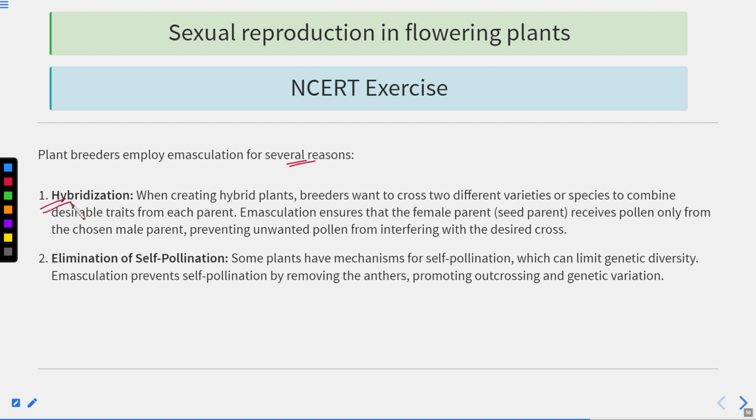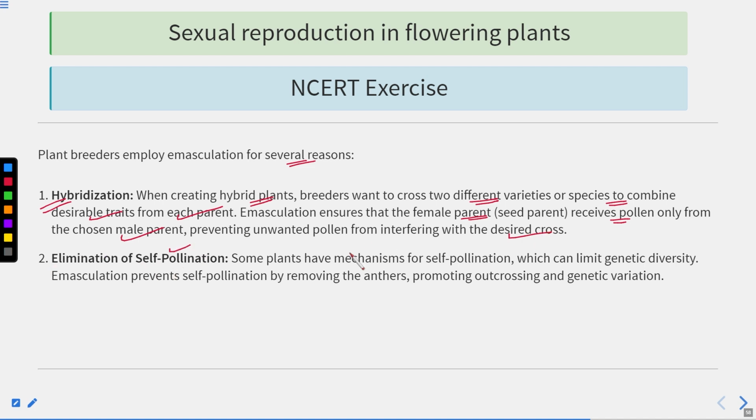First is hybridization. When creating hybrid plants, breeders want to cross two different varieties or species to combine the desirable traits from each plant. Emasculation ensures that the female parent receives pollen only from the chosen male parent, preventing unwanted pollen from interfering with the desired crosses. This we have already seen. We do the emasculation and then we do the bagging. Next is the elimination of